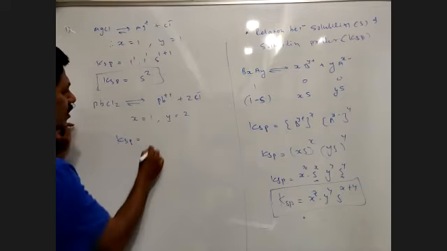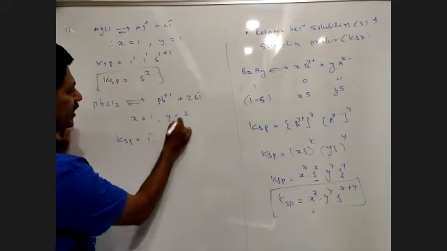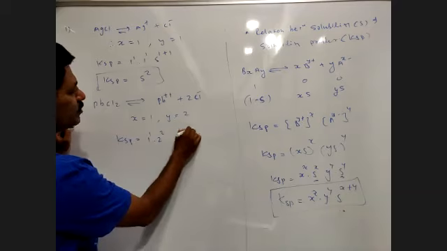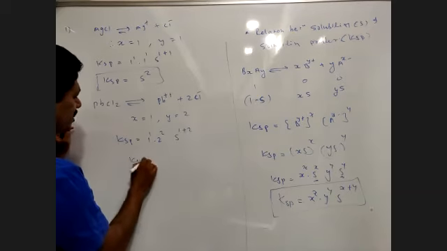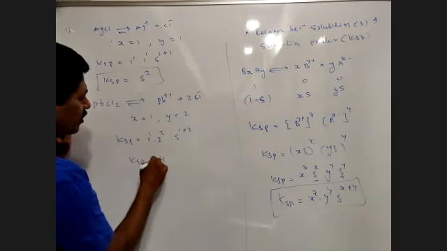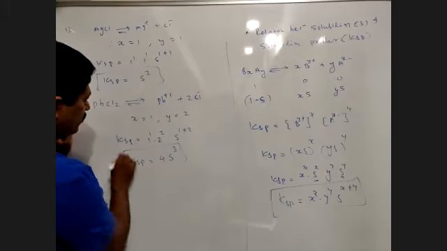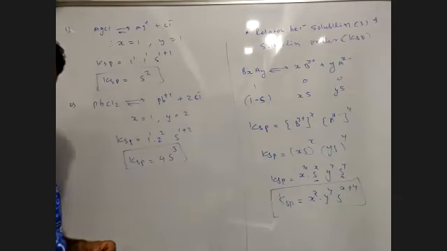Ksp is equal to 1 raised to 1 डॉट y का वैल्यू क्या है, 2 raised to 2 into s raised to 1 plus 2। सो Ksp is equal to 1 raised to 1 is 1, 2 raised to 2 is 4 और यहाँ पे s raised to 3। This is the equation what we got for this equation।